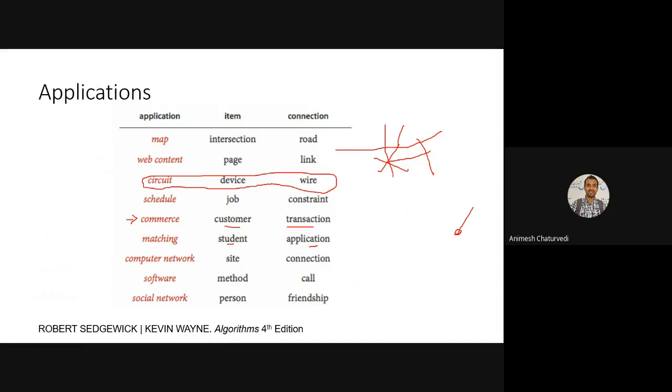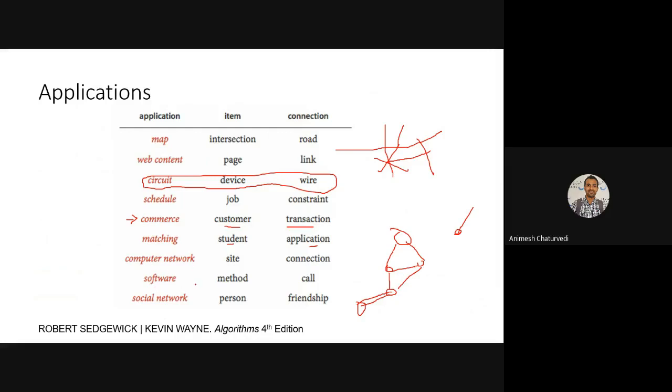So what are the possible ways of finding a minimum spanning tree? Then various sites are there, like in a computer network, machine 1 and machine 2 are connected together. Then machine 3 is connected, machine 4 is connected. How could a minimum spanning tree be possible, so that we can avoid the overloading of the whole packet transfer in the transport layer?